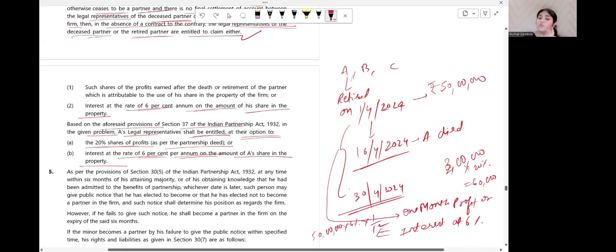Clear? So whatever is at the option, if you want to give 60,000, give your 60,000, or you have to pay this 6% on yearly basis, right? So if we go by this particular thing, it will be 6%. If I take that, it will be around 3 lakh, and half of 1 month of it will come around 25,000. So either you pay 25,000 of interest, or you pay 60,000 1 month share profit. That is at the option of the existing partners. Is this complete scenario clear to you people?